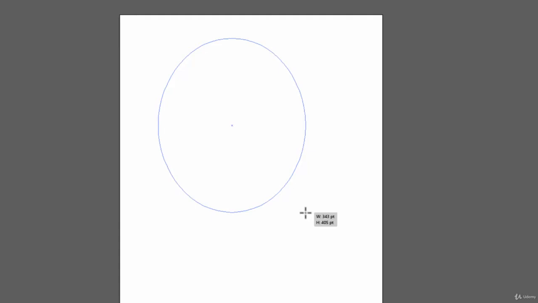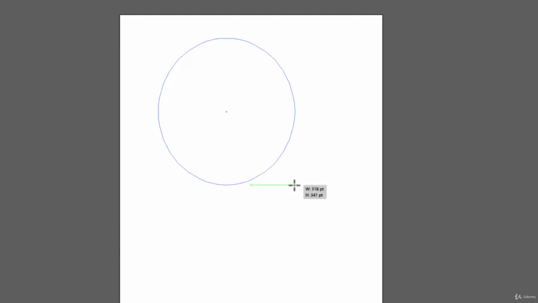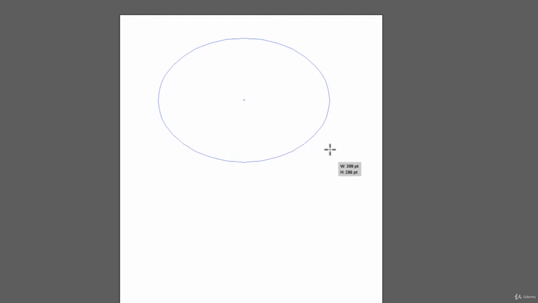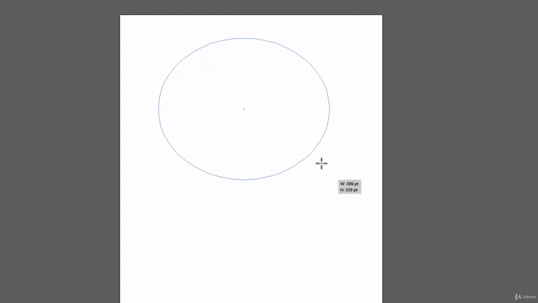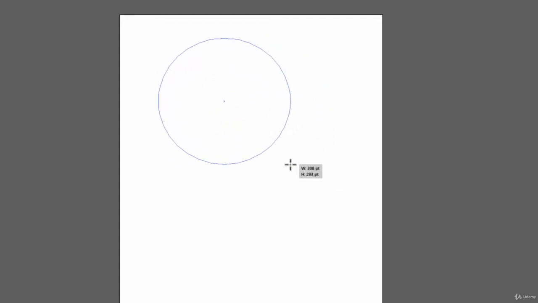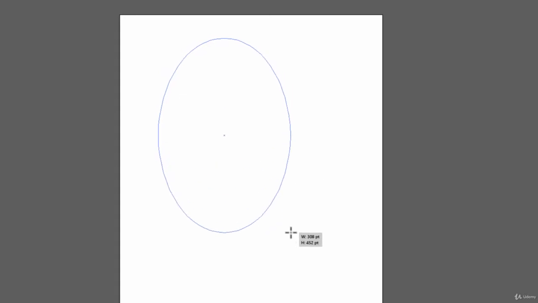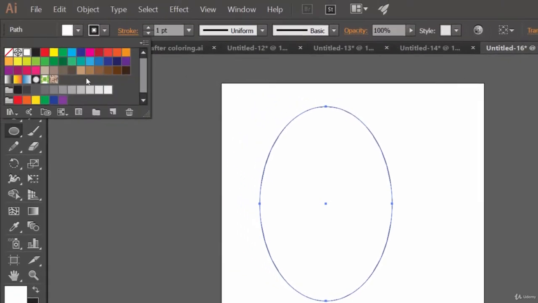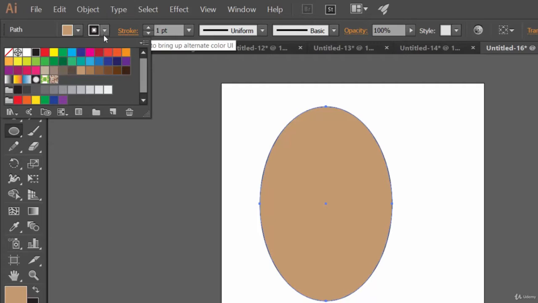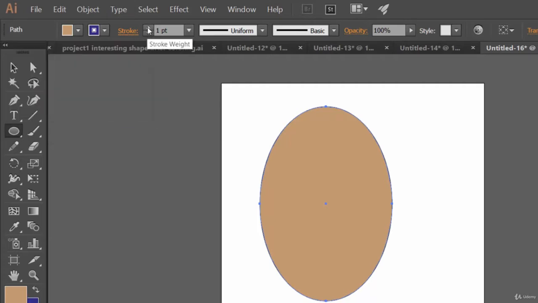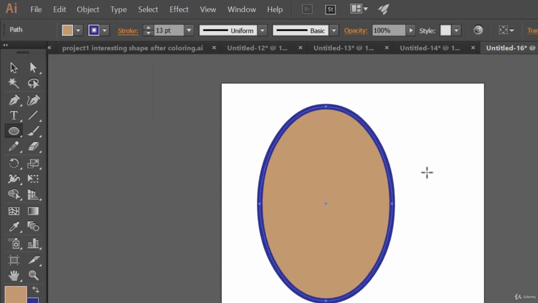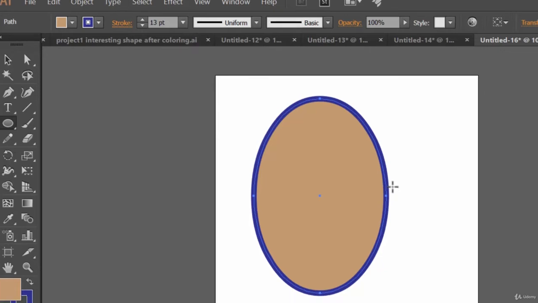And see, you can see the preview, like how it will look. Now, when you are happy with your ellipse, just leave your mouse. That's it. Again, you can provide a color to it. You can provide a fill to it. You can provide a stroke to it. You can increase the stroke width also. So this is an ellipse, and again we have another way of creating it.